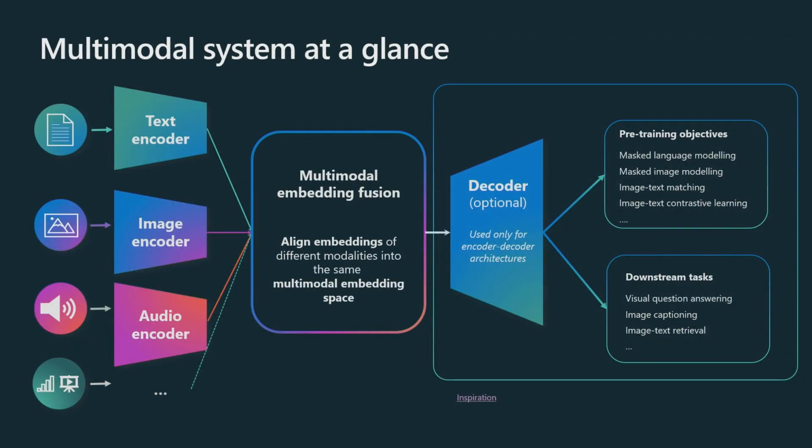So in essence, what we're doing when we do multimodal fine-tuning is we're looking at your text encoder, image encoder, and audio encoder, and you get that into a single embedding space where you have all the embeddings in one vector, and then use that to have semantic understanding of the data across all the modalities that you have.